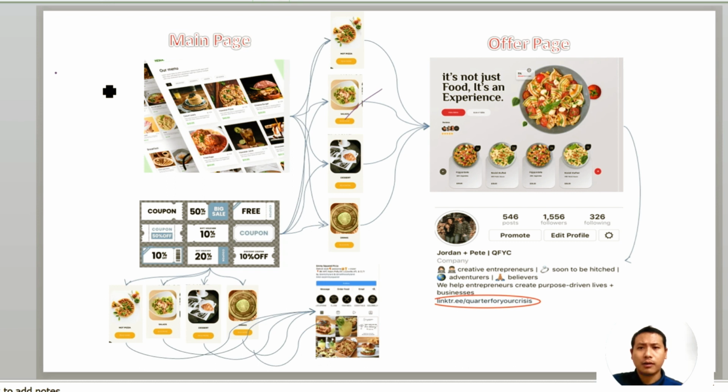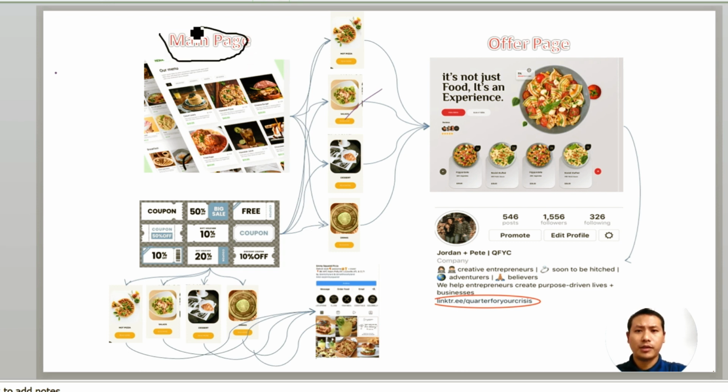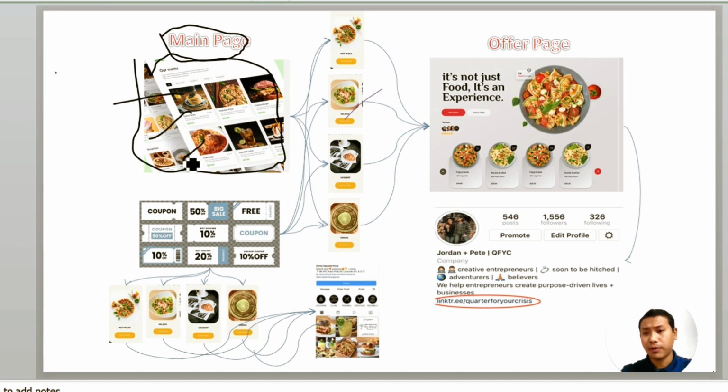So now let's get into the first thing that you will need here, which is the main page. I'm assuming this is going to be your website main page. If this is your main page, you already have some products attached to your website. Now you want to pick it up. As I mentioned earlier, it could be your appetizer, entrees, main course, or some sort of beverage or a dessert. You can do whatever product you want. So once you have all those things,